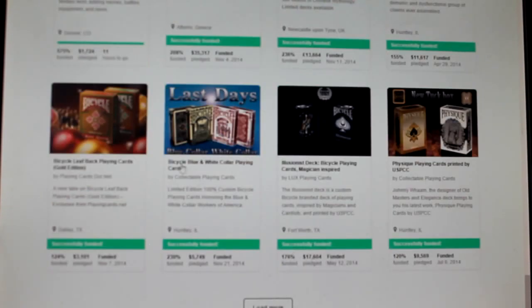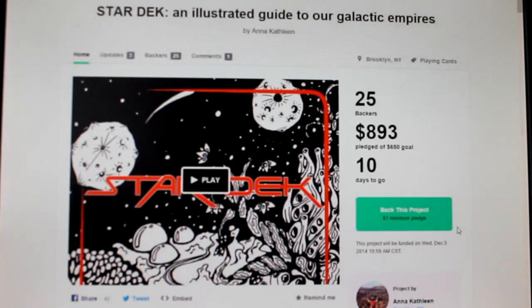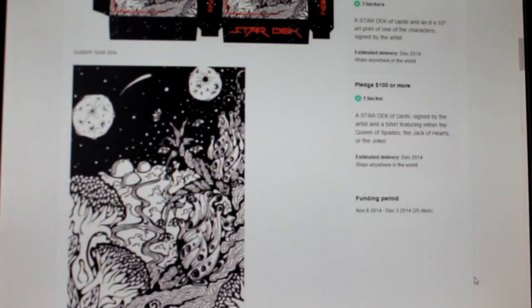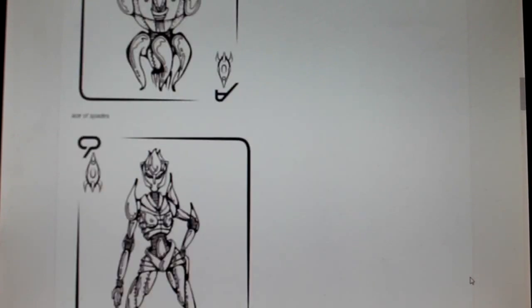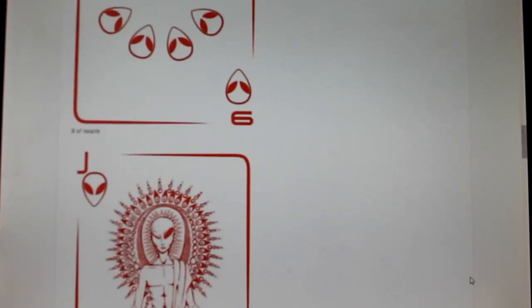As you can see down here, the blue and white color decks were successful. But there is one more deck to tell you about, Star Deck. Currently 10 days left. It is funded with $890 out of $650. It's got an alien and star theme. That's the back design, not overly impressive. It's okay, it's just a bunch of artwork. It's one way. And you get some interesting artwork and pips on number cards and court cards,